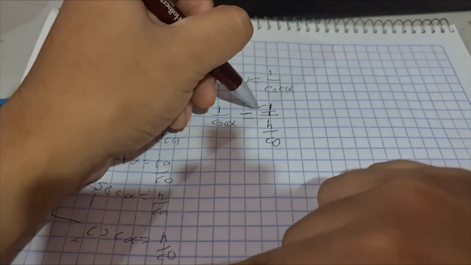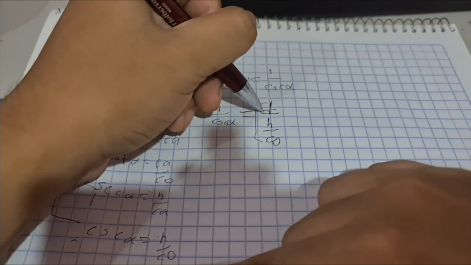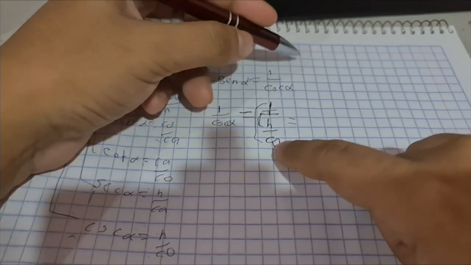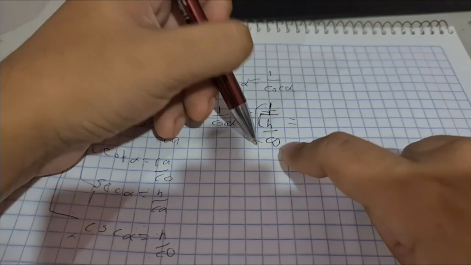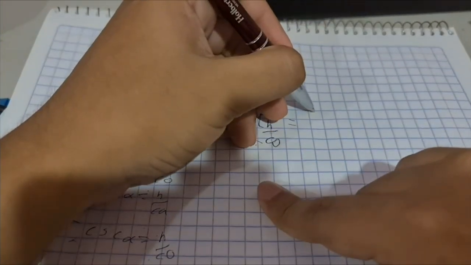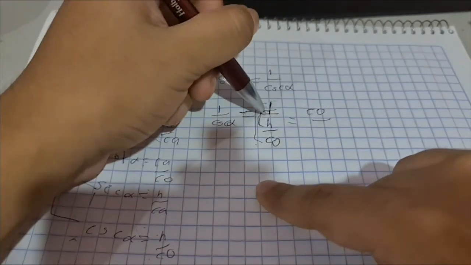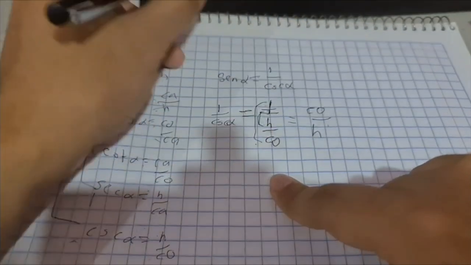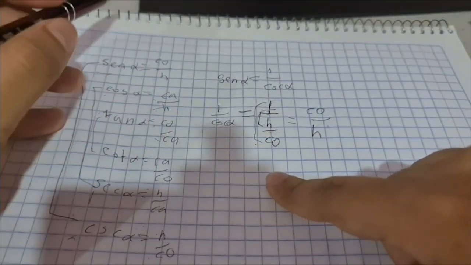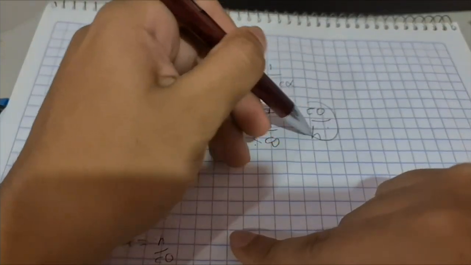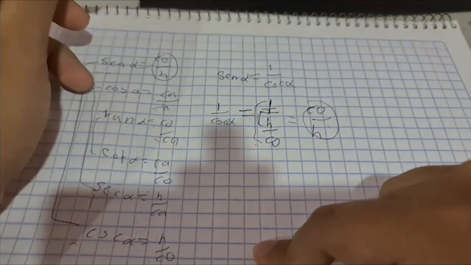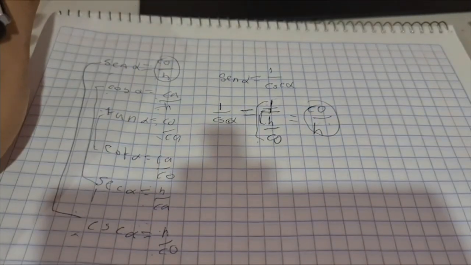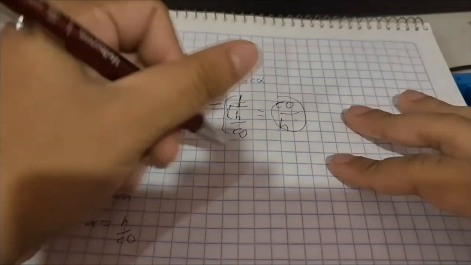So now we are going to use the mathematics to resolve this, and we have that 1 by the opposite leg is going to be the opposite leg, and 1 by the hypotenuse is going to be the hypotenuse. And here we can check that this one is also this one, and we already verified the secant. Now for the cosine,